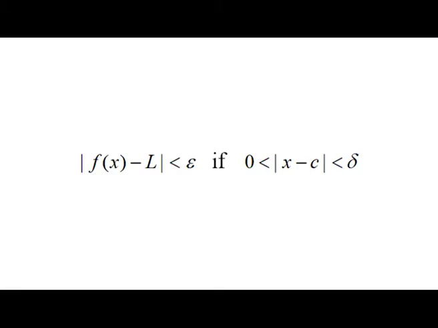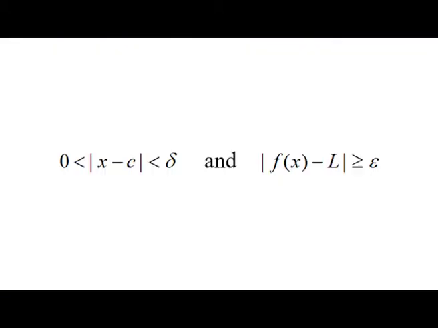How can we prove that a given number L is not the limit of a function f(x) as x approaches c? By the delta epsilon game, in order to show that the limit of f(x) as x approaches c is not equal to L, player B must provide an epsilon greater than 0 such that player A cannot give delta greater than 0 such that |f(x) − L| < epsilon if 0 < |x − c| < delta.